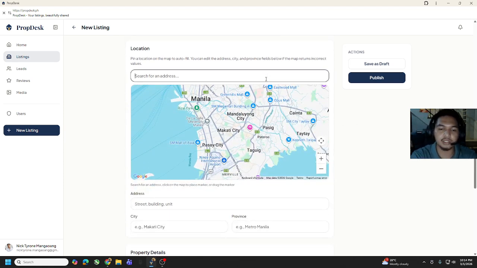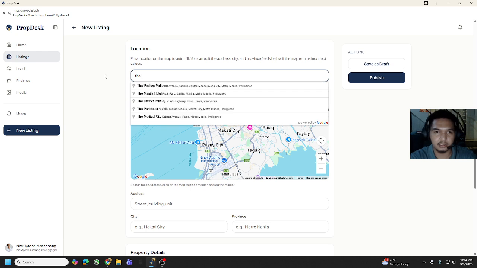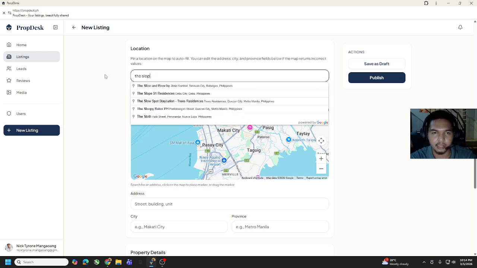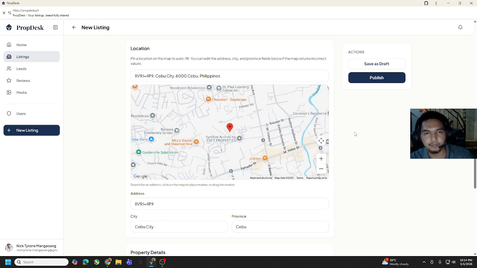For the location, if the project is already registered in Google Maps, it will appear in here. The 91 Slope Residences, okay, this one.